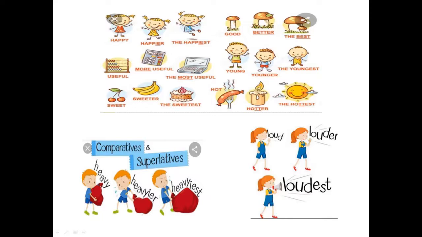See, these girls are shouting. How are they shouting? She is shouting loud. She is shouting in a bigger voice than her. So we can say she is shouting louder. She has a speaker, so her voice will be higher than these two. So we will say that she is shouting loudest. Again we have used these three degrees to describe the voices of these girls: loud, louder and loudest.